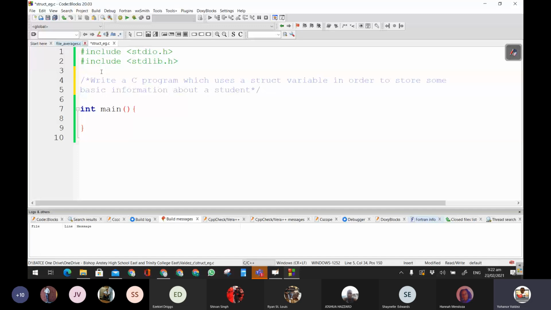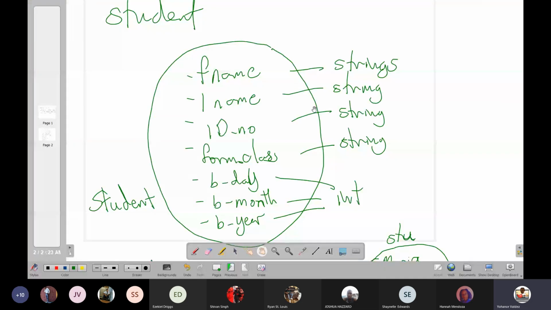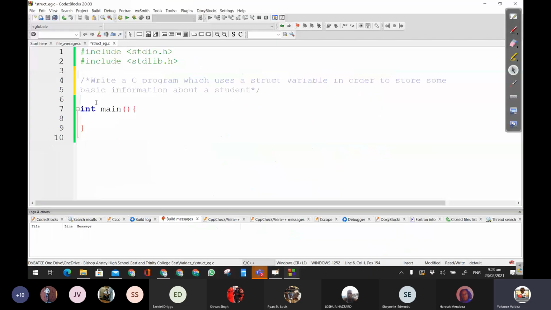So we want to create this struct variable, and for us to hold this information, we have to define that in C. So we have to declare our struct, define our struct, and then declare a variable of that type struct. So how do we do that? We use the keyword struct,